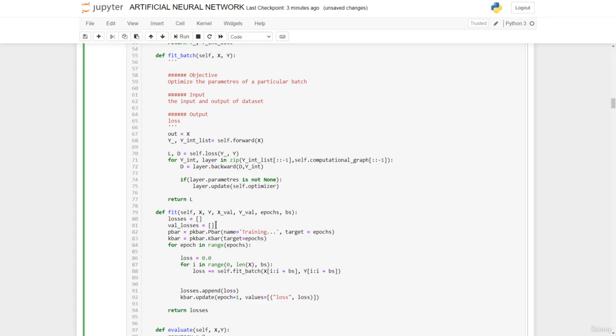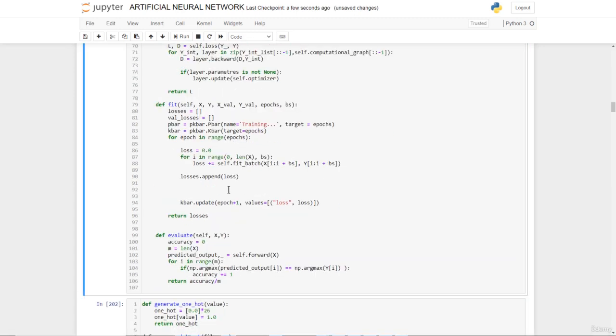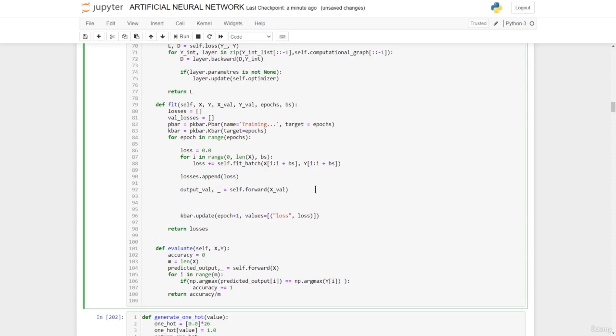Right here we have val losses, and then we collect the output by having this output val. So we have output val, which is gotten by forward of X val. Since this output has two values, the other value is not needed. Now from this we could calculate the loss, and we'll call it loss val, which is equal to